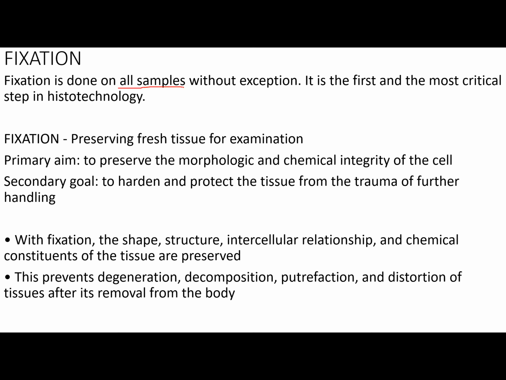Lahat ng samples na ipaprocess nyo for histopathological and cytological analysis, you need to perform fixation. It is the first and the most critical step in histotech. Pag hindi mo siya ginawa, class, hindi magiging successful yung pag-process mo ng tissue sample mo. Now, the primary aim of fixation, class, please take note, is to preserve the morphological and chemical integrity of the cell. So, you want to preserve the original, yung pinaka-original state